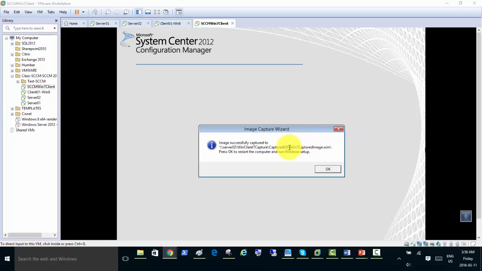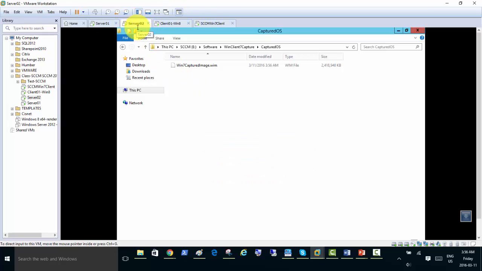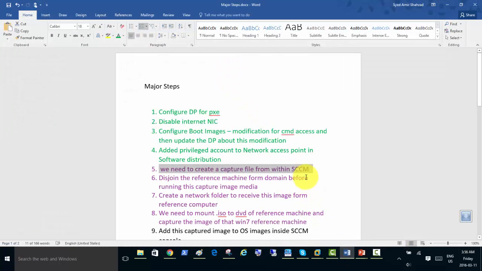we're going to check if this uploaded image is there on server 2. And we have the folder, as I said, it's going to be 2.4 gigabytes. That's what it is. So I'm going to go back and check this. We needed to create the capture file, and we had already done that. So I'm going to color it green. Then we needed to join the reference machine to the domain before running this capture. That was also done, and